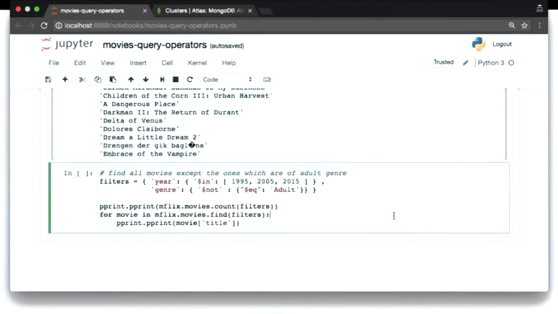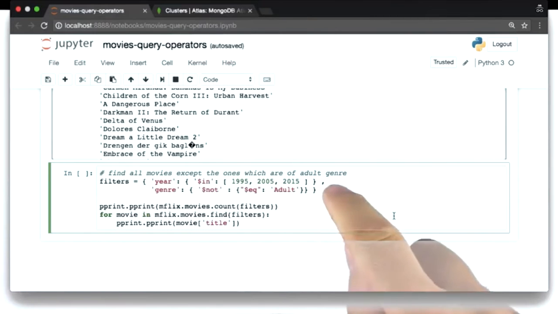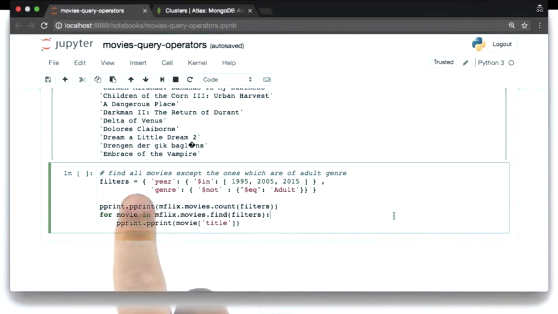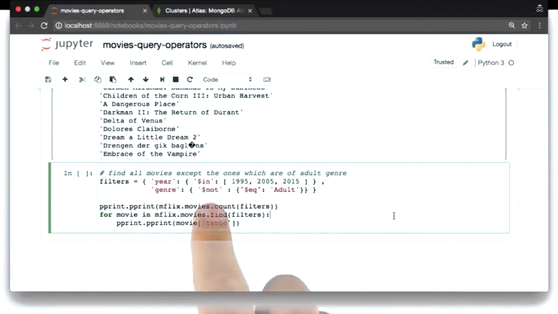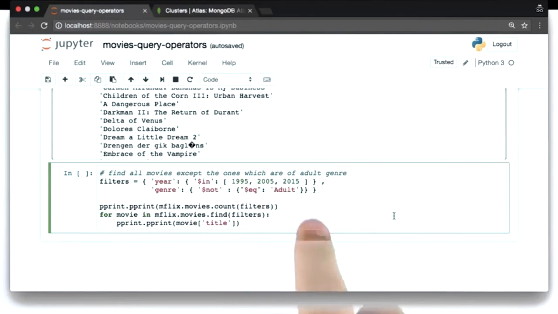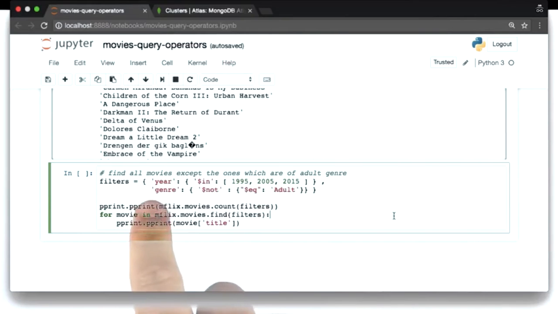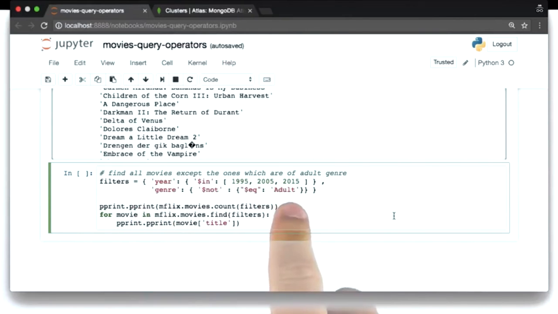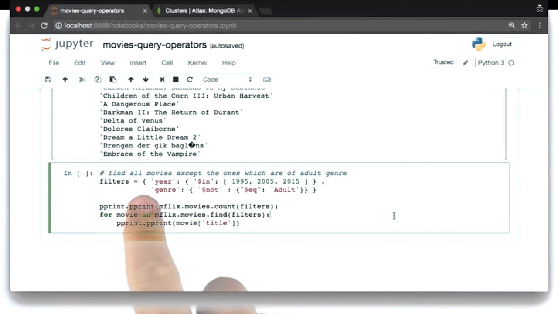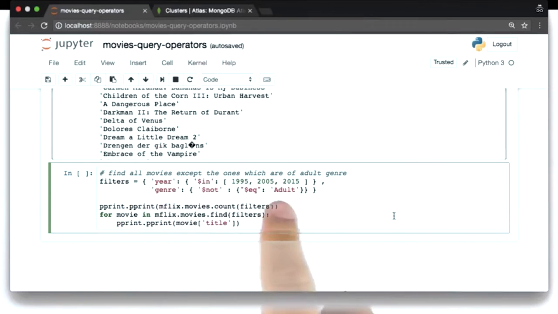A very prolific set of years. But we can go further than that. I'm going to keep the same initial predicate of saying that I want all movies which were released in 1995, 2005, and 2015, and also exclude the genre adult movies to cope with some audience restrictions. All right, if I do that, and I can combine any sort of different fields with different query operators, I can have a very expressive query language that allows me to do a lot of different combinations to find my